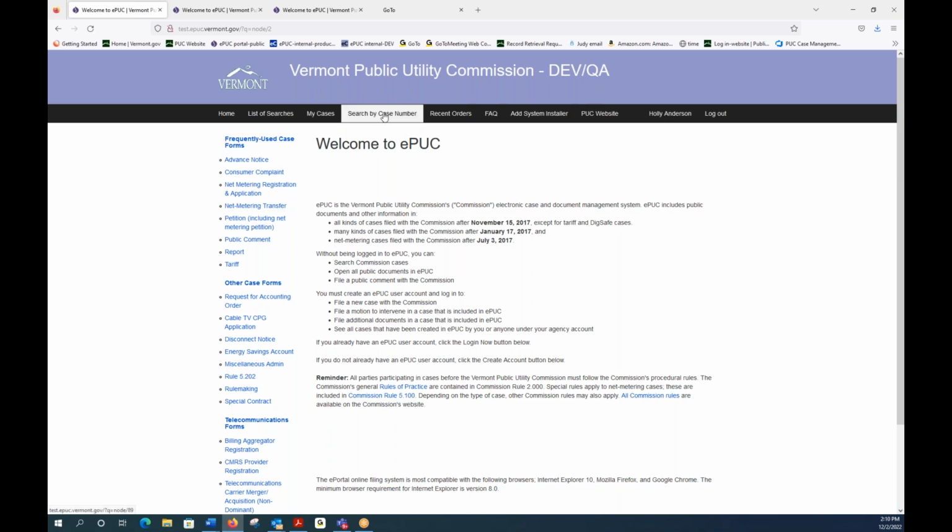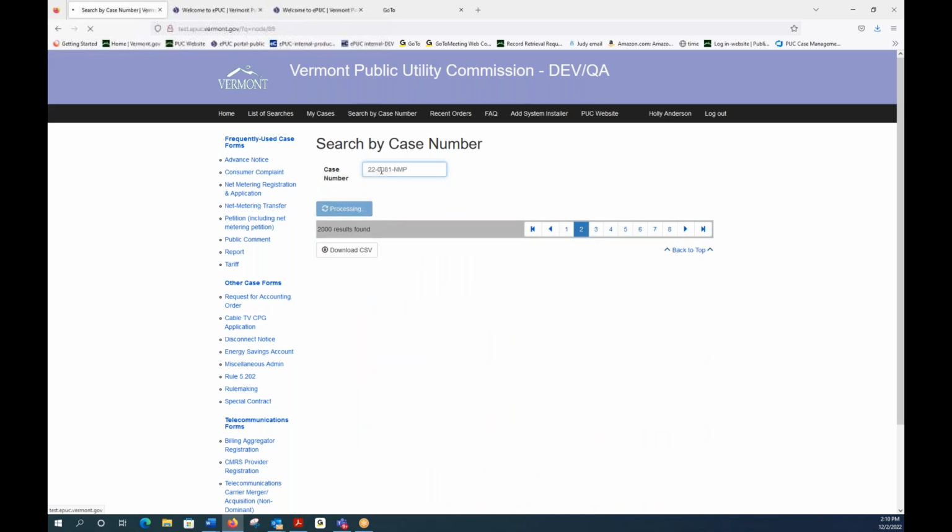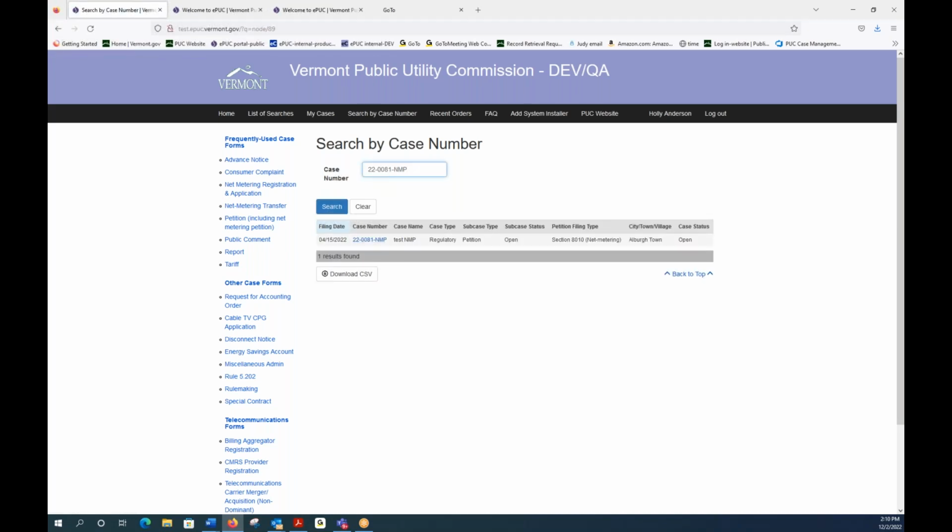You would click the search by case number button, and then into the search, you would put the case number that you would like to enter. Again, this is a test development, so I can show you exactly how to do it. And once it pulls up the case number,